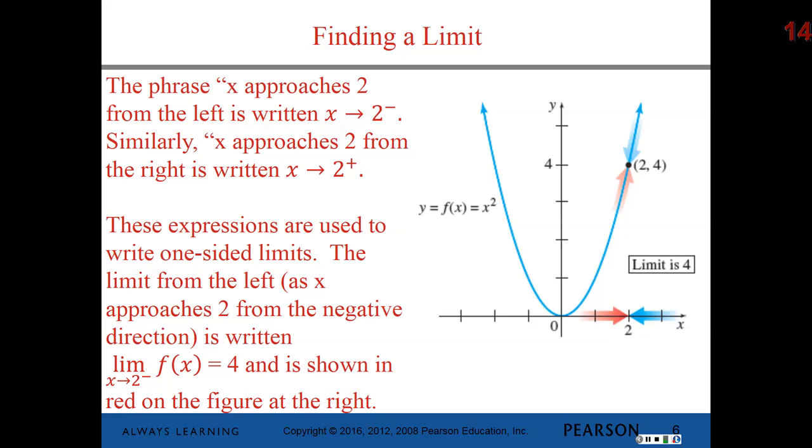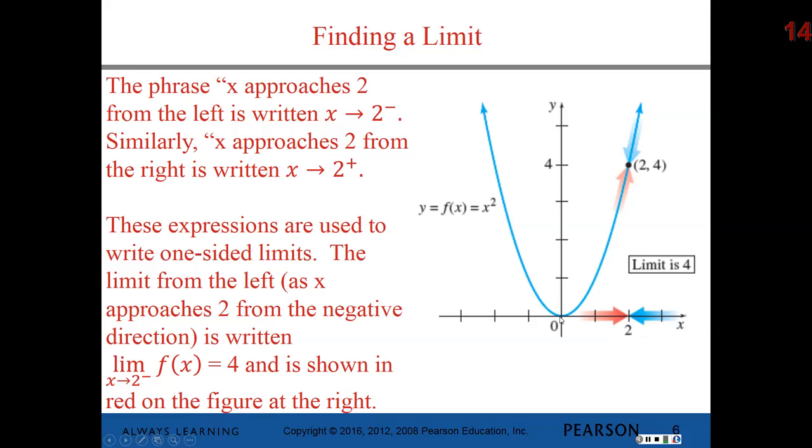Those expressions are used to write one-sided limits. The limit from the left, as x approaches 2 from the negative direction, is written L-I-M, and then x, arrow 2 with a little negative as a superscript, and that is read as the limit as x approaches 2 from the negative side, and it equals 4 because